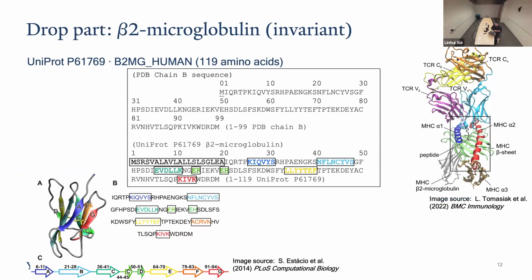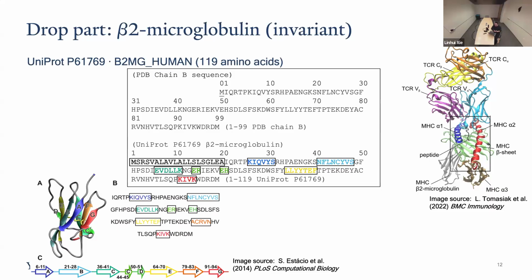Additionally, this beta-2 microglobulin is an invariant part, and it has the same sequence. It's actually shared across different allele types. From this figure on the right, you will see that it has no contact with the peptides. So for our entire diffusion process, this beta-2 microglobulin will be dropped, and we will only focus on the interface of the MHC alpha-1, alpha-2, alpha-3 chains, and focus on the CDR3